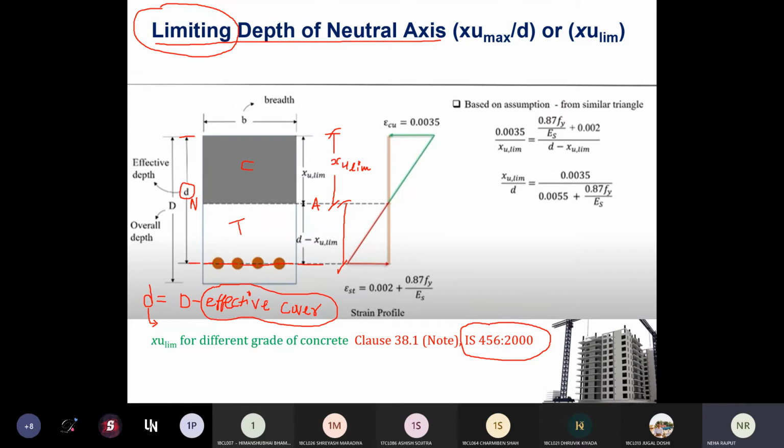What is this effective cover and all that, we will see at the time of design. So that has no role over here, that's why I am not explaining it now. Effective cover means this area. This is called the effective cover. Bottom of reinforcement to bottom of your section, उसको बोलते हैं clear cover or nominal cover. This we will see at a later stage. So the remaining distance will be d minus Xu, right?